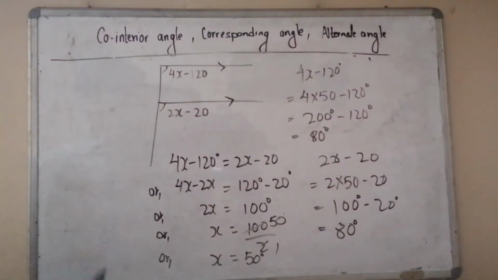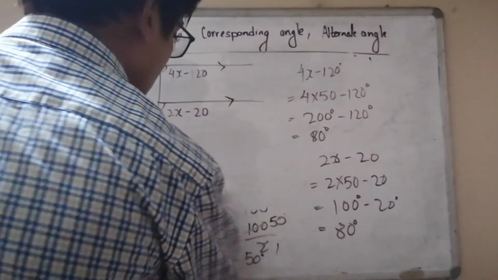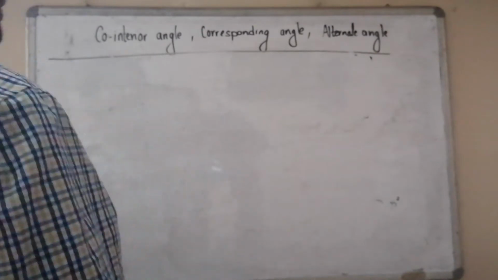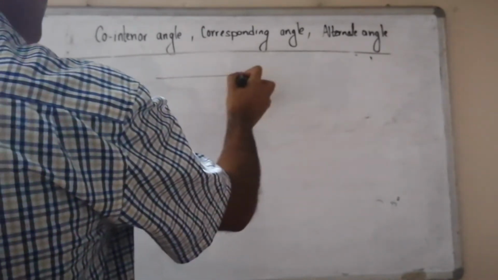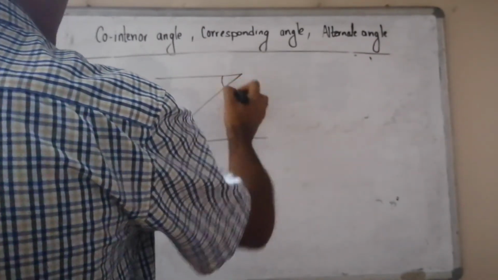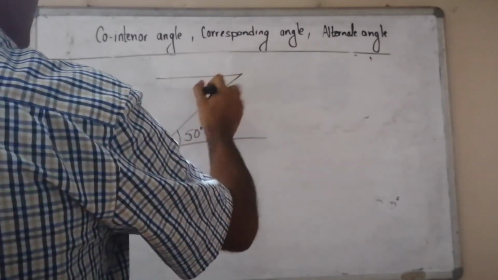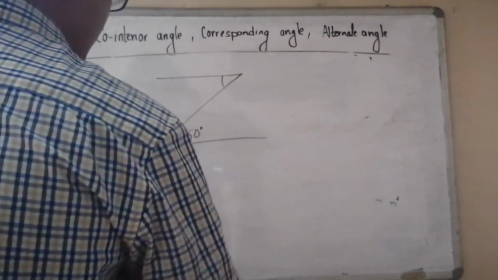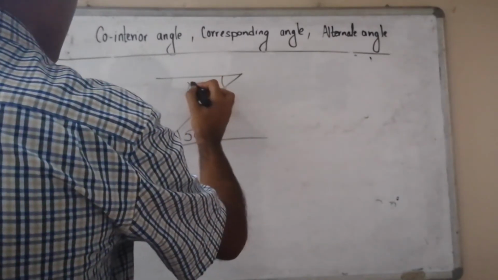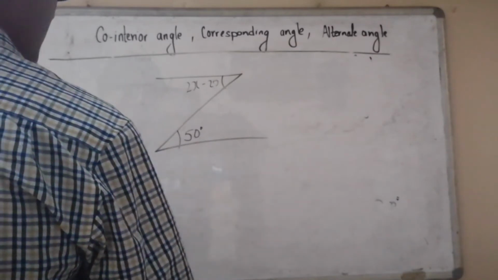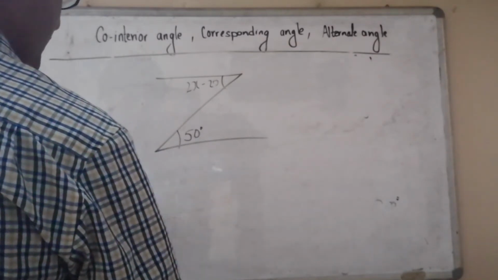So you find the value of these two angles here. Now I'm going to solve the problem on alternate angle here. If this angle is 50 degree and this is 2x minus 20, then